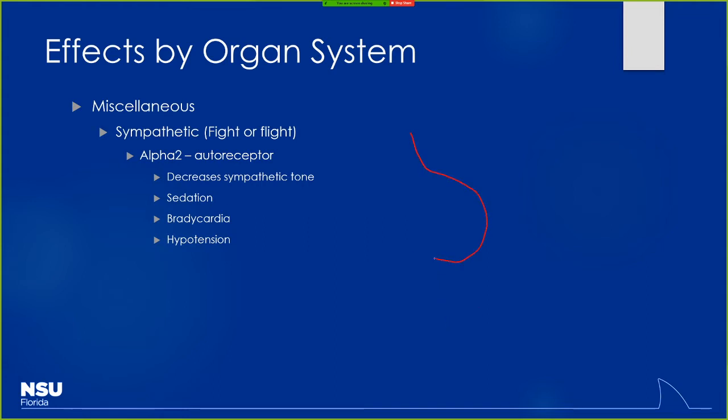I know I've mentioned it a few times here, but let's say I have a presynaptic nerve, and then I have the nerve terminal here. I know you guys are probably pretty impressed with my art so far. But basically, you're going to see,